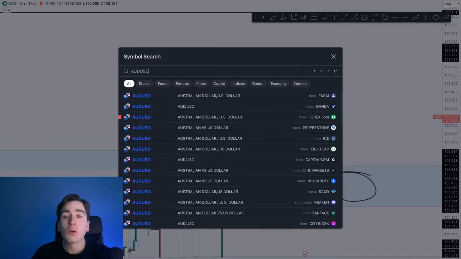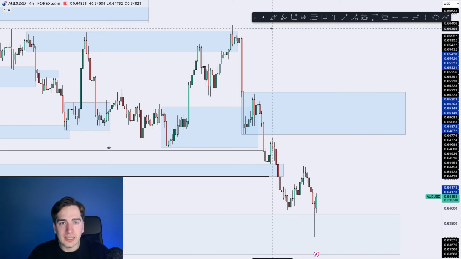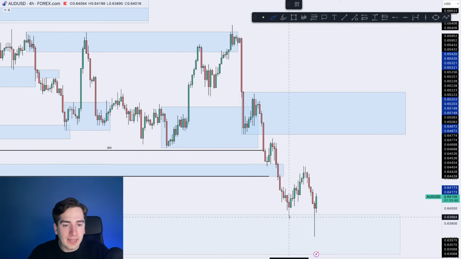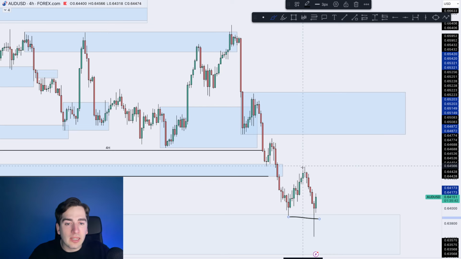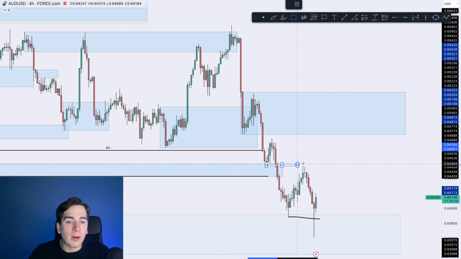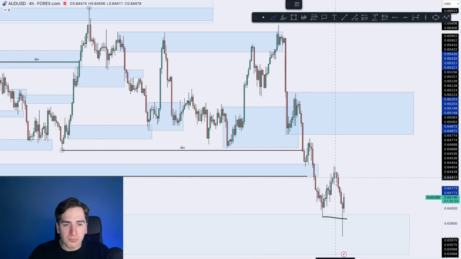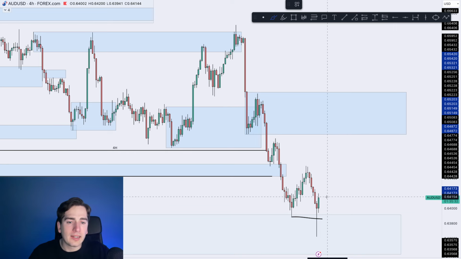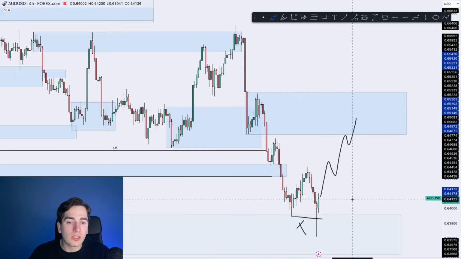So moving on in towards AUD USD, guys. AUD USD liquidated the lows yesterday very, very rapidly, again due to the news. So not necessarily a bad thing. Obviously, if we look at AUD USD in itself, we reacted to the overall buy before the sell over here. So that was the initial reaction. Now for the rest of this morning, let's see. This liquidation of the low could fuel a move up higher in towards this area of supply.